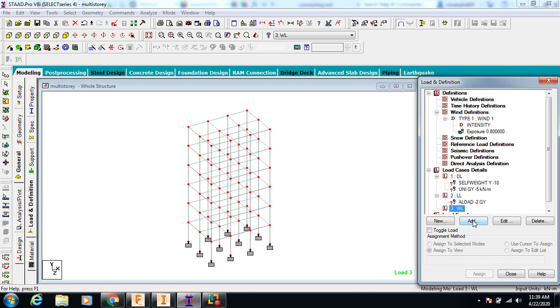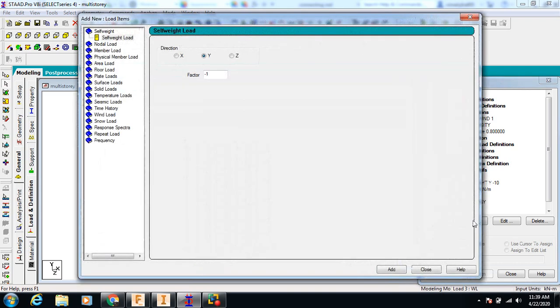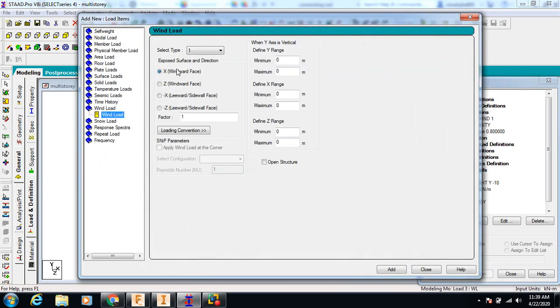So now we will move to the wind load. We'll go to the wind, click on wind load. So friends, one thing we need to understand is that wind is not acting in the y direction. That means air will never come from top to bottom or bottom to top. So it will act on the building in either the x direction, -x, z or -z.